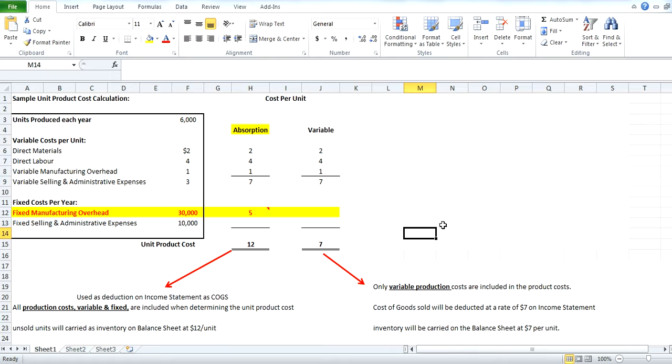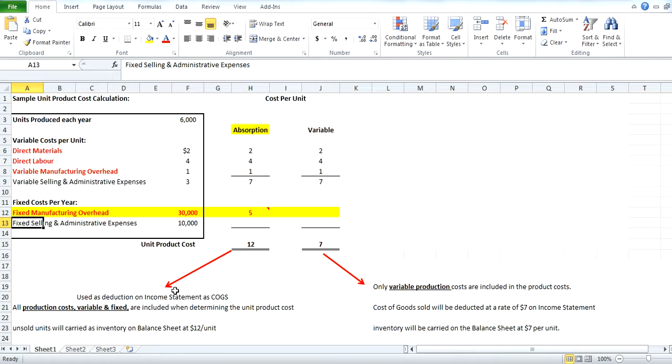And remember that when we're looking at a unit product cost, what is important are the costs of production, okay? Only the cost of production. So for testing purposes or discussion purposes, you might be given the variable selling and admin and your fixed selling and admin,